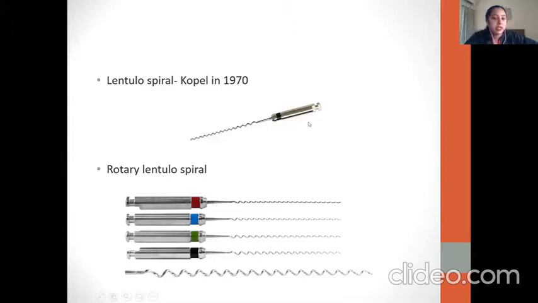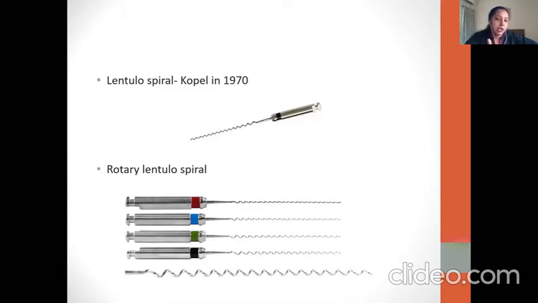The head of this thing will not be metal. It will be a rubber, like the files which we have seen, H file, K file. The head will be of rubber and a larger size so that you can hold it properly and place it into the canals. In the lenticular spiral, when you pick up the zinc oxide eugenol or calcium hydroxide, you go in an unwinding motion.